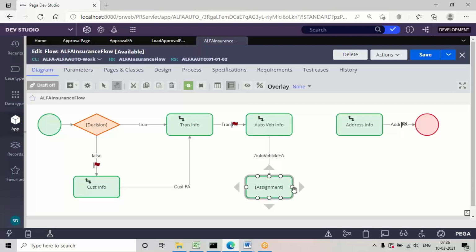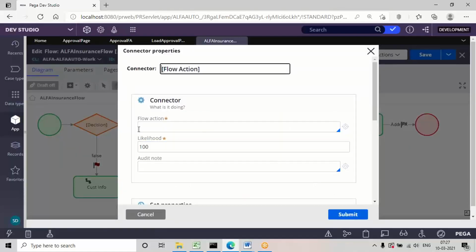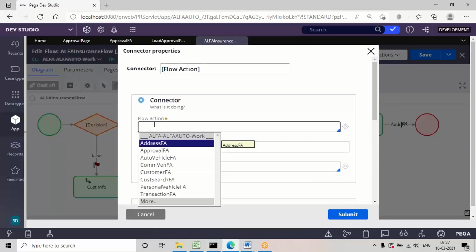Now join this connection to, actually you can also apply decision making here. If approve, go to address, if reject, go to end, like that. You can also add decision making here, if you want to try. I'm directly connecting to the address assignment.